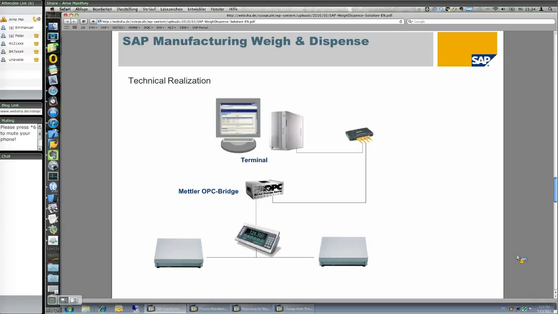Metricon, which is a well-known vendor or system integrator in the OPC space, and they have a product called OPC Genie, which is commercial, so you have to pay for it. With it you can map any serial interface bits and pieces to tags. So I could do this mapping from a serial stream to tags, and I could do my first steps. But of course, that was a very cheap scale, and it broke pretty fast some months after that. So it was better when I got my hands on a real industrial scale, and